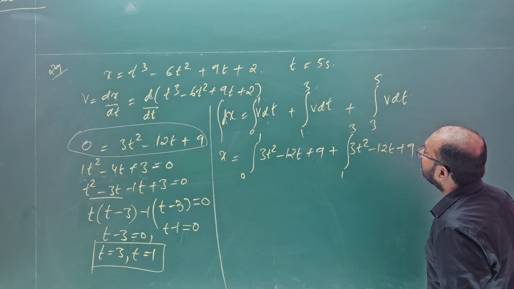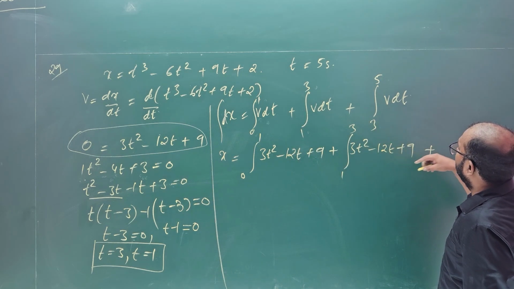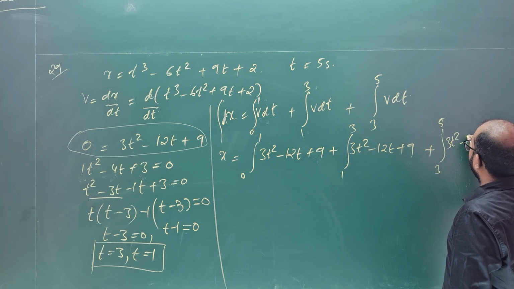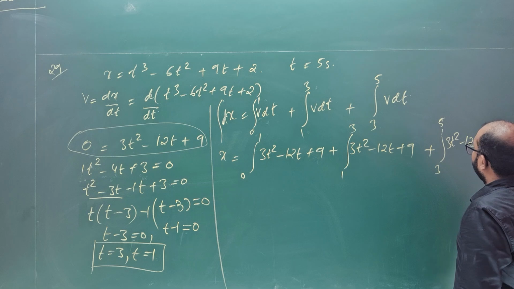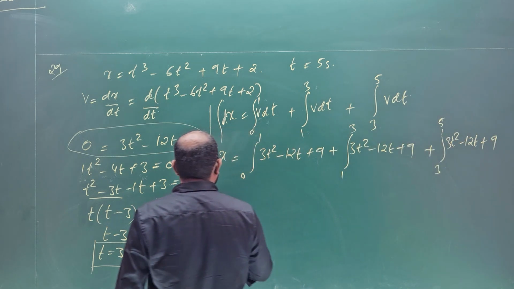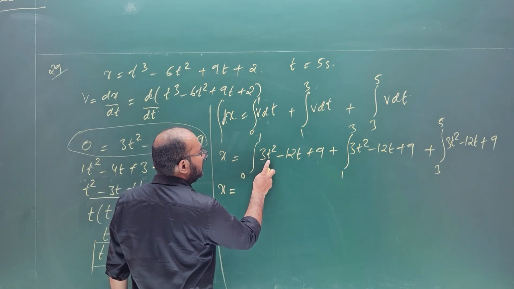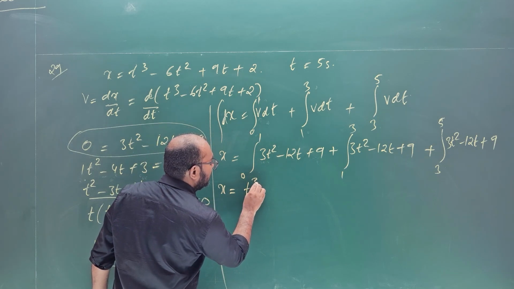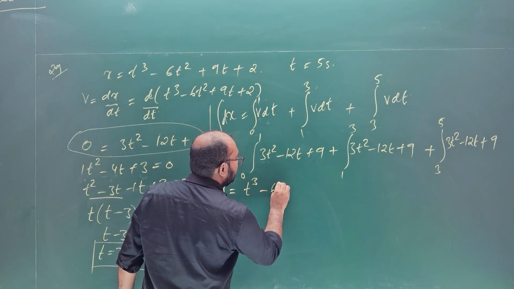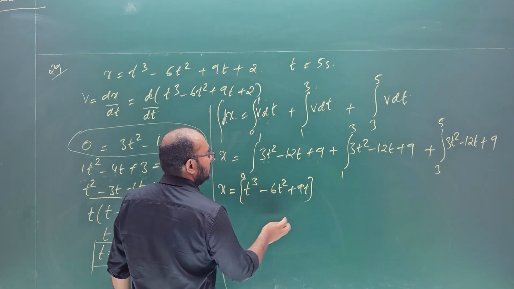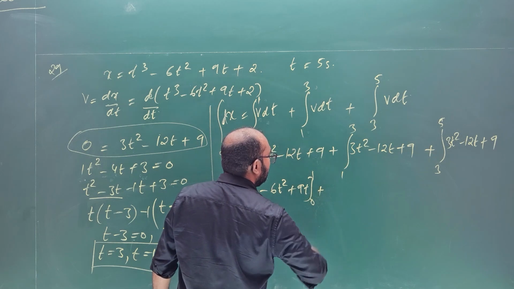The next is from 3 to 5, 3t square minus 12t plus 9. Okay, so x is equals to, this becomes t cube minus 6t square plus 9t, from 0 to 1, plus